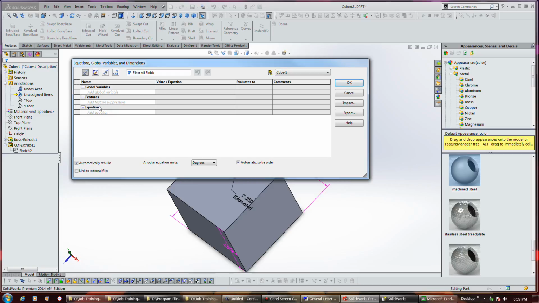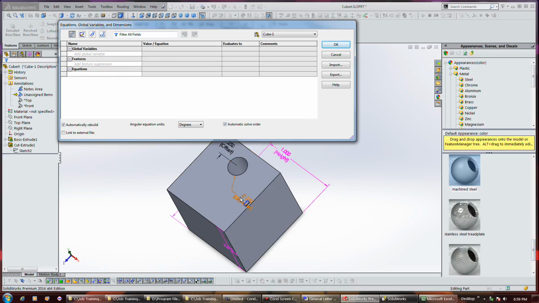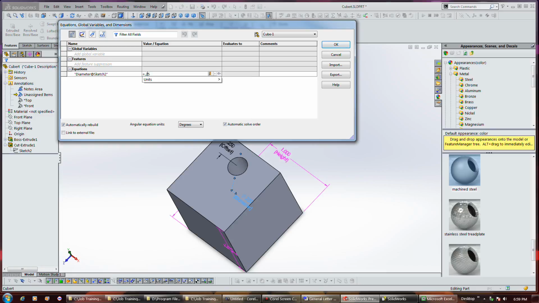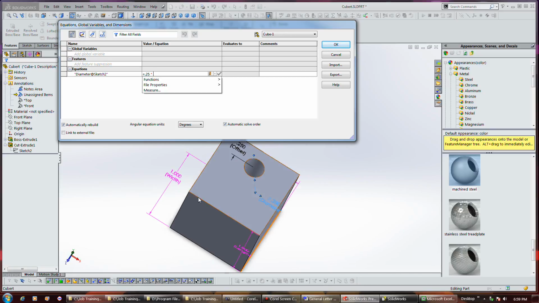For now, we're interested in writing an equation that controls the location and size of the hole. Click in the cell. This has the name of the dimension and adds an equal sign in the equation cell. The diameter of the hole will be 1/4 the width of the cube, so type 0.25 space asterisk space. The asterisk is a multiplication symbol which is commonly used in spreadsheet software like Excel. Now click the width dimension. When you've written a valid equation, you can see the check mark. You can add more to the equation, but this is all you need for this equation. Click the check,